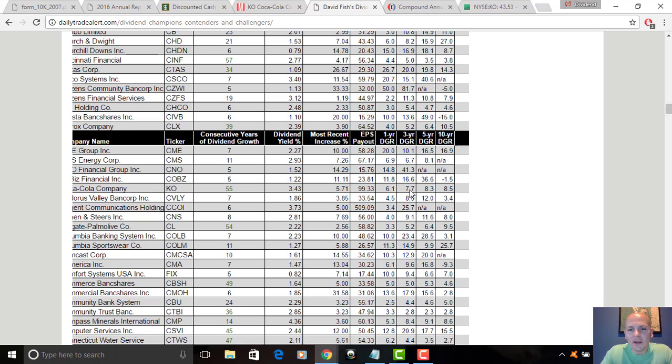And then another thing I look at in the articles and talk a little bit about is either acceleration or deceleration of dividend growth. So what I do is, again, I look at the 10-year dividend growth rate first, and that's because I consider 10 years a pretty good proxy for the long haul, at least the recent long term. When you start looking at growth of a business and dividend growth and earnings growth and revenue growth, you can certainly go back 20 or 30 years and try to start pulling annual reports from the 80s if you want. But what a company was doing maybe in 1976 might not have a lot to do with what it's doing in 2017. So again, I look at 10 years.